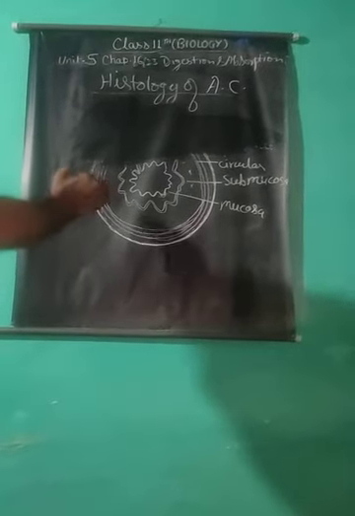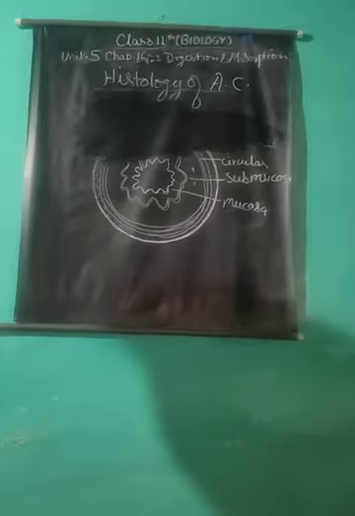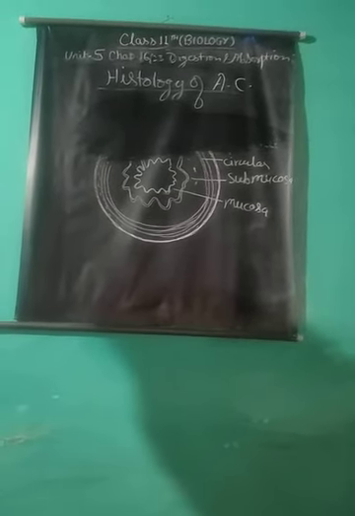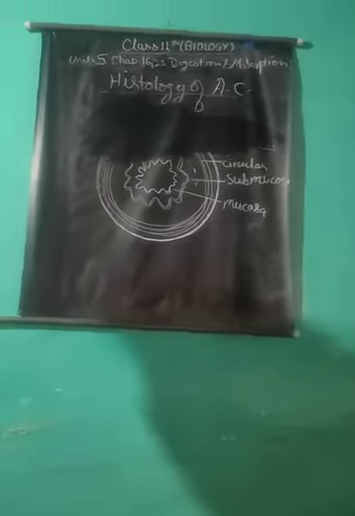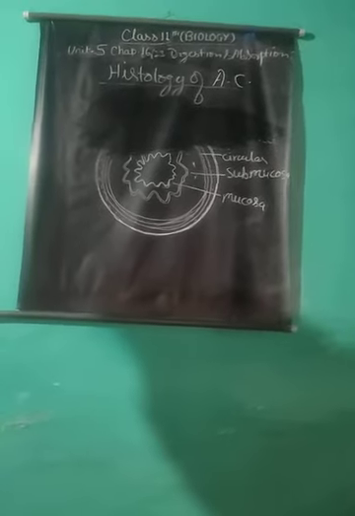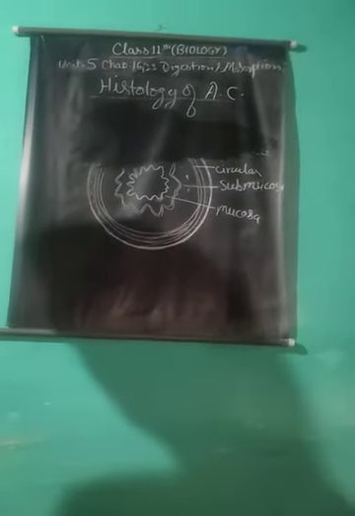The thick muscular coat of the esophagus is formed of outer longitudinal and inner circular muscles. It has striped muscles in the upper part, but smooth or unstriped muscles in the lower part. Submucosa is thicker, containing multicellular and branched mucus secreting glands. Muscularis mucosa is present in the upper part. Mucous membrane is made up of stratified squamous epithelial cells. All other histology is similar to the general histology.